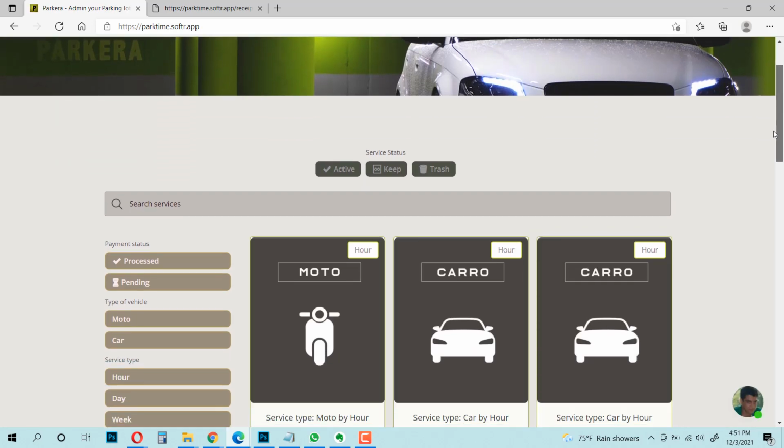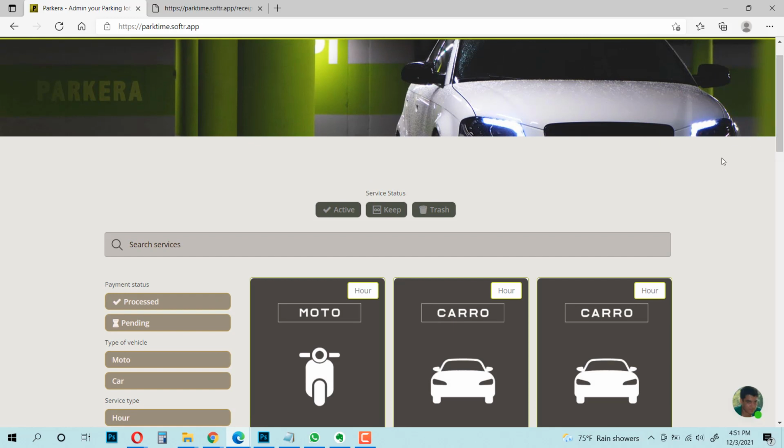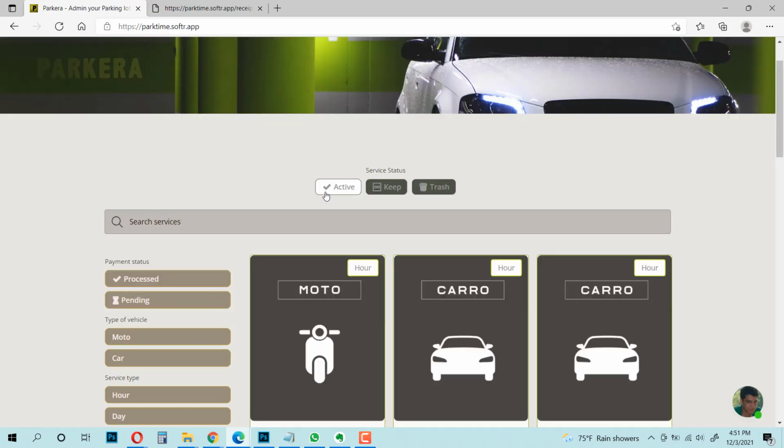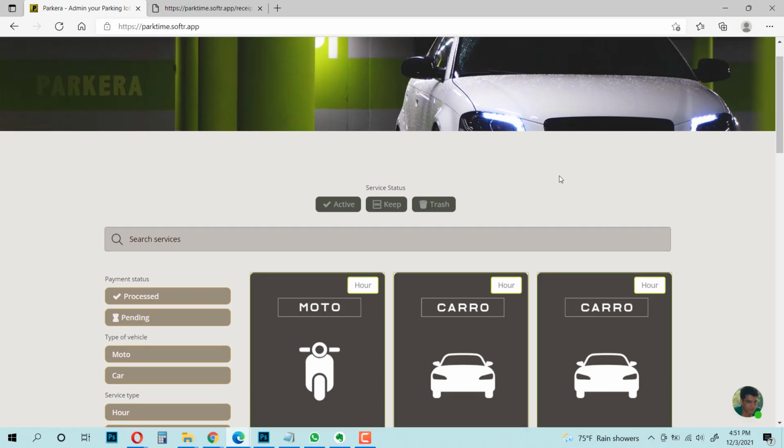The important thing here is that we have very powerful filters to sort the records and to only see what you want to see. At the top, this is probably the most important filter because you can filter the active services, all services, or the ones that you send to trash.